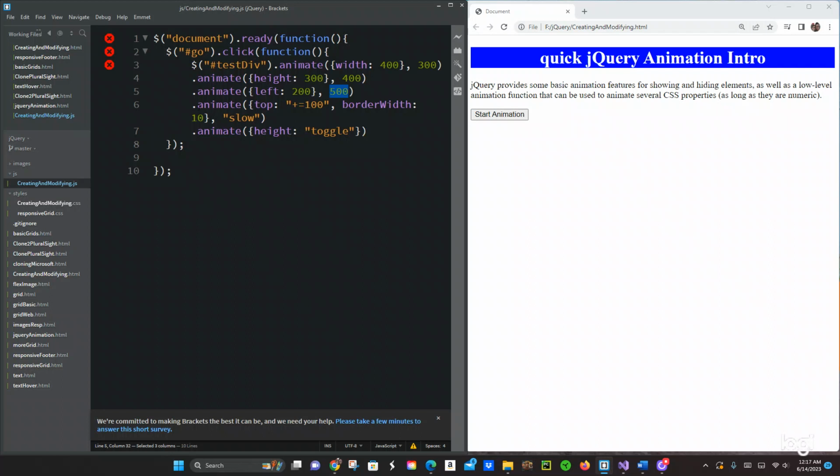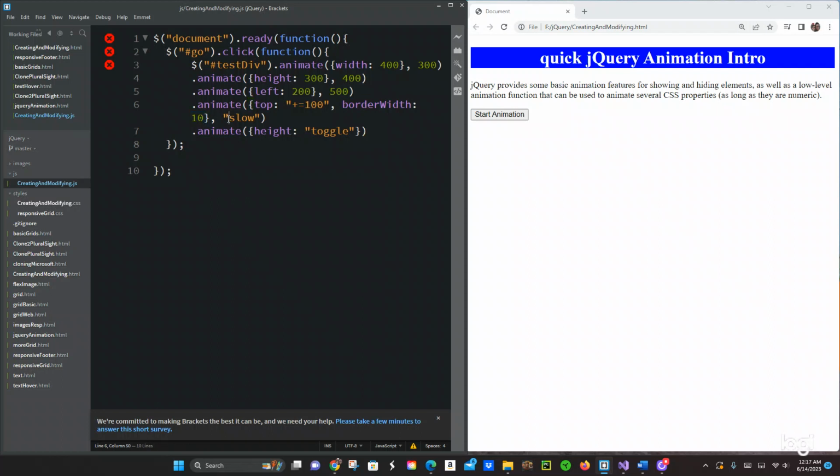And this one makes it move down, which is animating top with plus equals 100. Wherever it starts at the top, it will just add 100, which moves it down. And then we have the border width, which is 10,